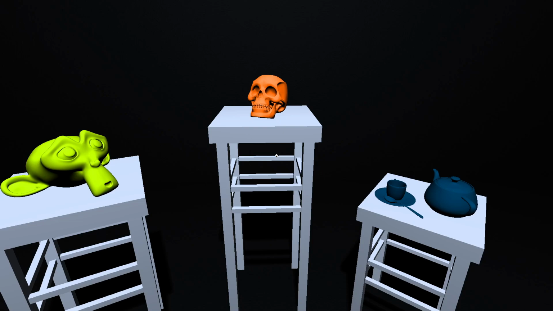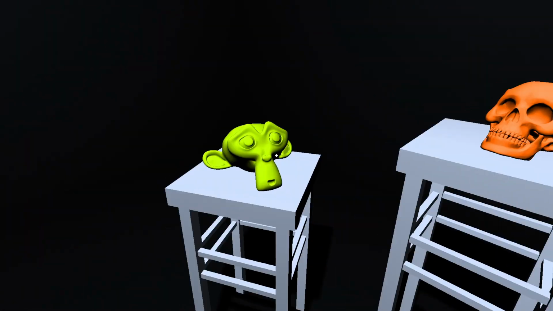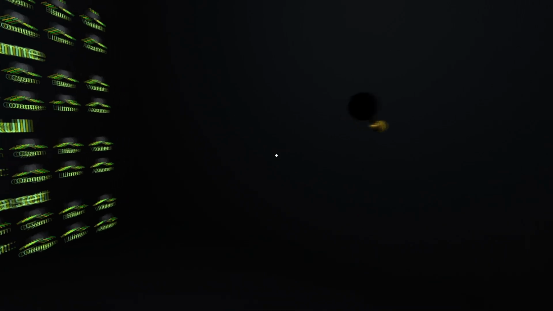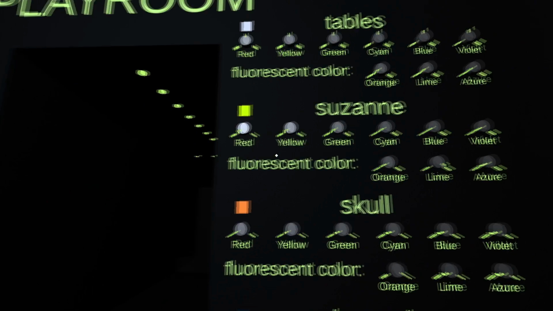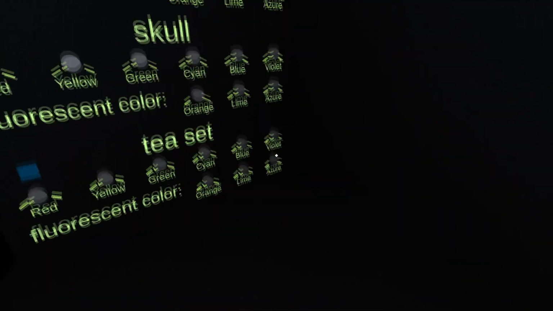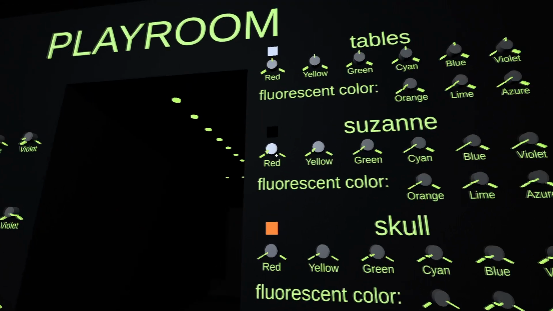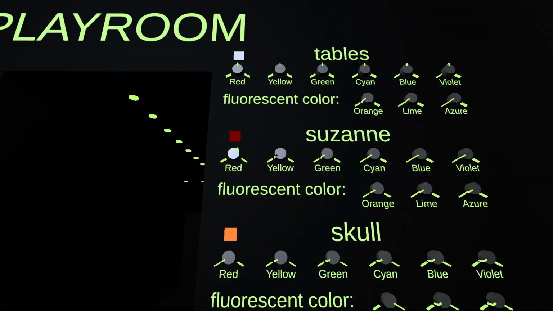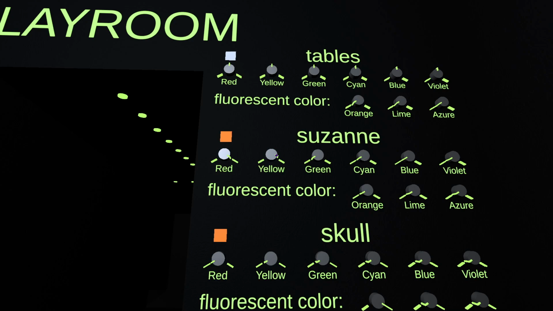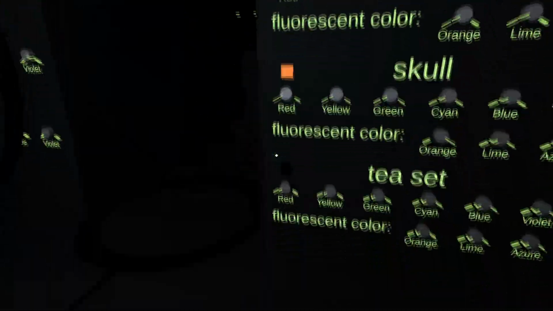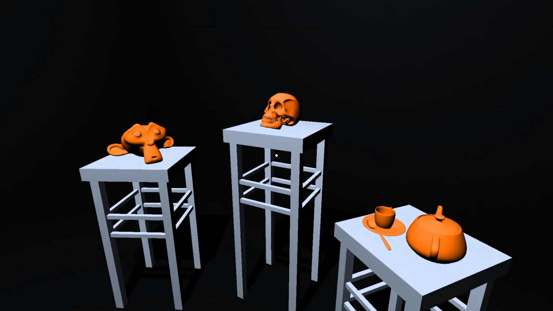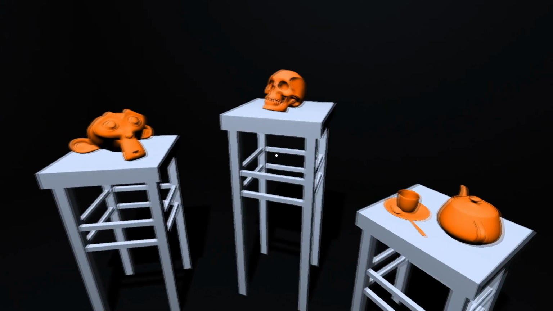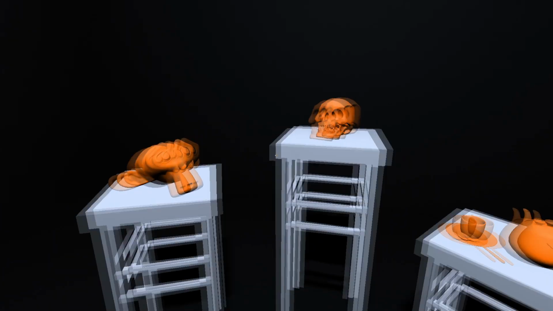And so, this is what everything just looks like with white light above it. And then come over here and keep the skull as is, change the colors of Cyan and the T-set using red and yellow pigments instead of the fluorescent orange. And you can sort of match these swatches here to try to match the colors as well as you can. And then you can come over here, and all 3 of these objects now look a pretty similar